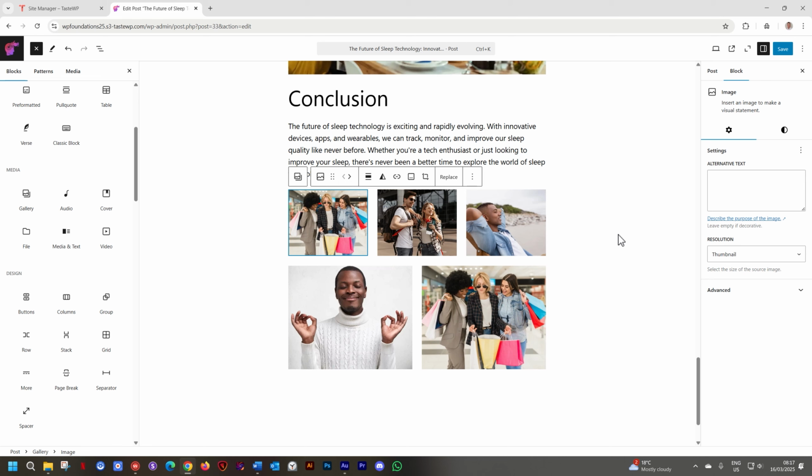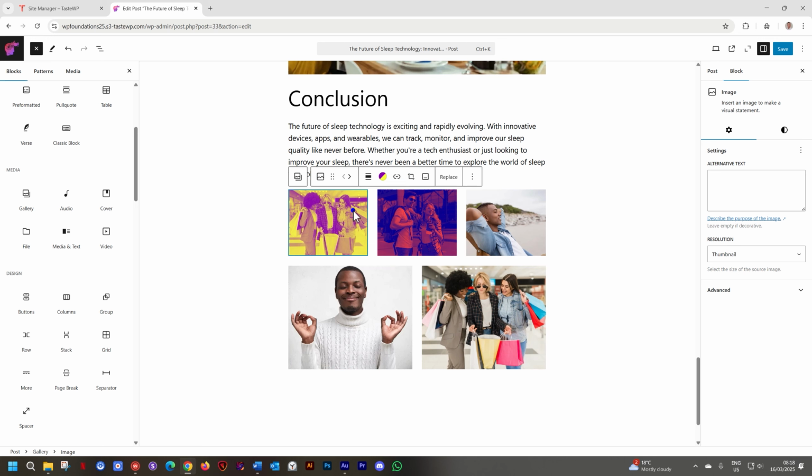And galleries, these are blocks that you'll be using all the time. Again, if you look at the toolbar, you will note that we have image, and next to it, we have the gallery container block. If I select this image, then I'm working with the settings for this image. So we can have alternative text here in the settings or change the resolution. Or you can change, for example, the filter if you want to just change the filter for this one. Let's go to the next one, click on that, change that also. You can create this funky looking gallery.